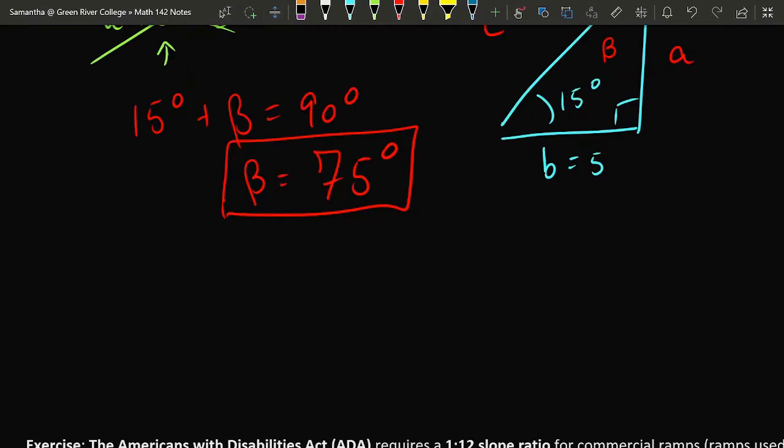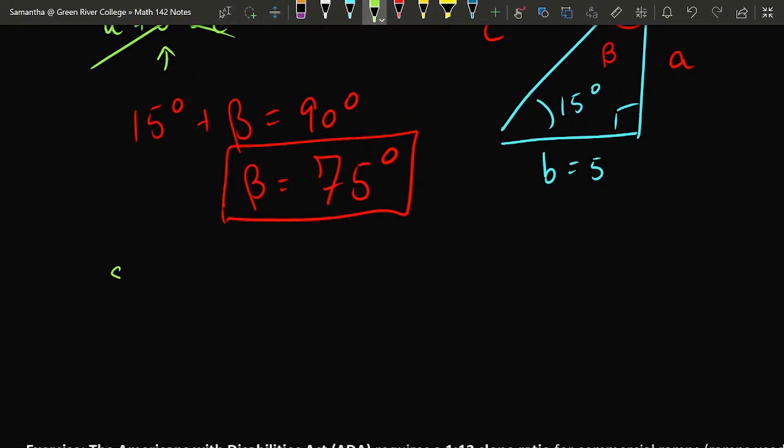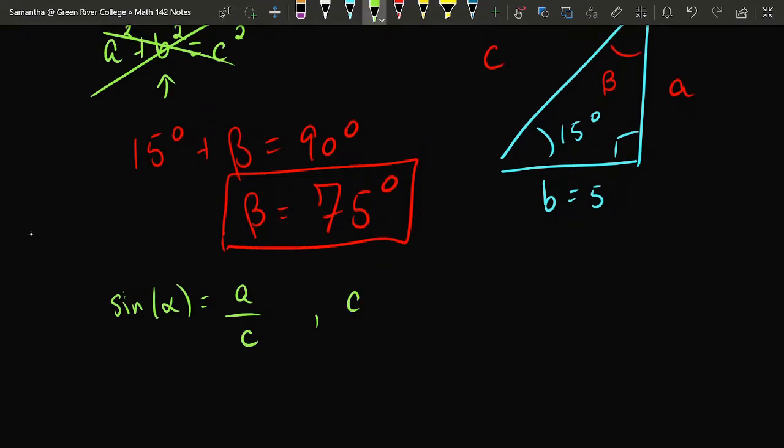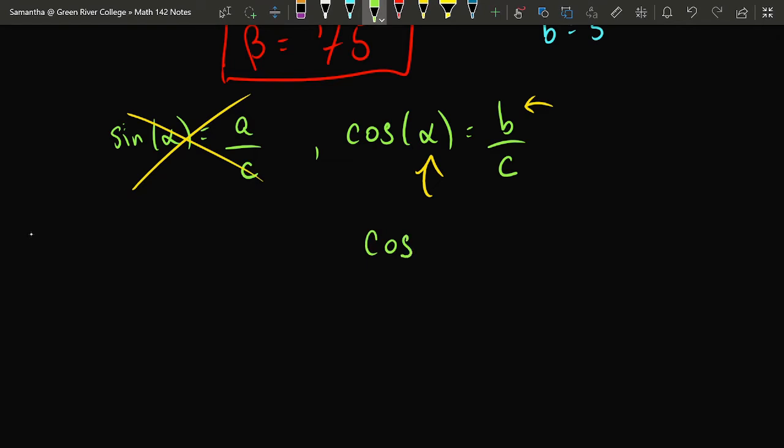So I think I might use one of the SOHCAHTOA equations. The SOHCAHTOA equations, generally speaking, have slots for one angle and two sides. So if I pick the correct SOHCAHTOA equation, then for example here, I have arrived upon a formula where I am able to fill in the blanks of 2 out of the 3 unknowns. So cosine of 15 degrees is equal to 5 over c. This would be an equation that I could use to make some headway in this problem.